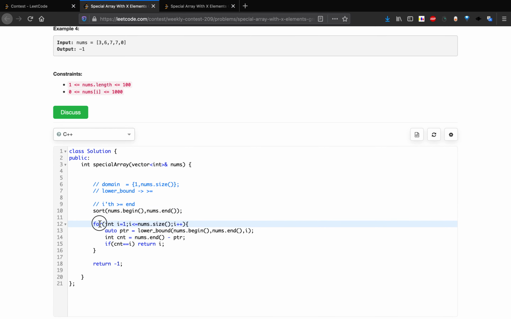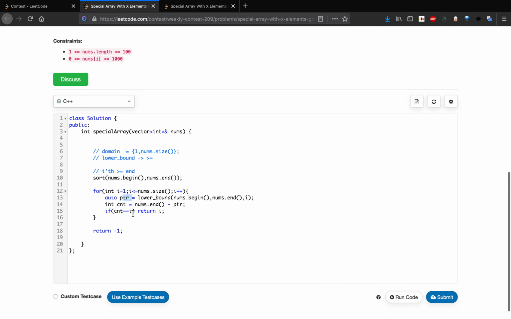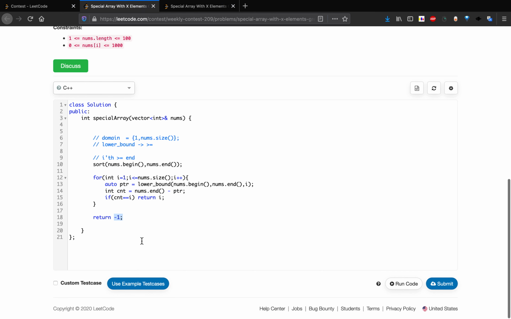So we will iterate from i equals 1 to the size of the array, then do a lower bound from begin to end on this x value, which is i in this case. Then we count how many values we have by nums.end() minus the current position we are pointing at, and if this count equals i, then we return i, else we return -1 at the end of the function.